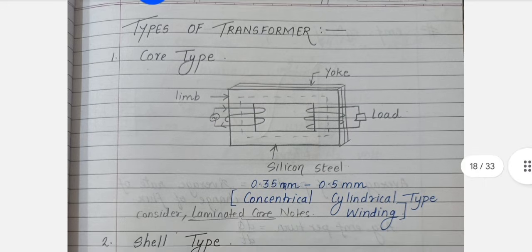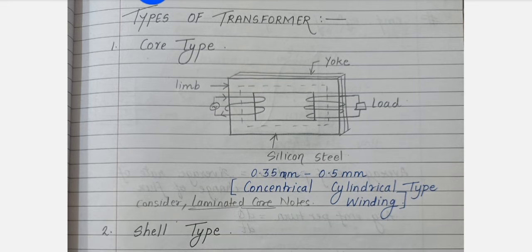So first of all, if we go to see the core type transformer, what is the construction? You can see the core type transformer has a core that resembles the letter I. Okay, the primary and secondary windings are wound on the separate limbs of the core. Okay, the separate limbs of the core have some windings. We can refer to them as primary and secondary winding. Now if we go to see the winding arrangement, the windings are concentrically wound around the limbs with the low voltage winding close to the core and the high voltage winding on the top.